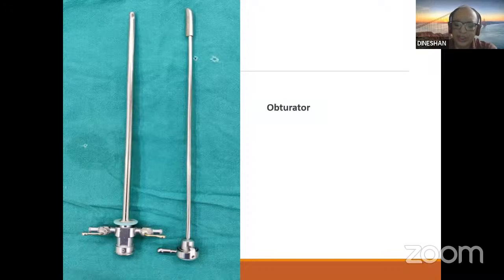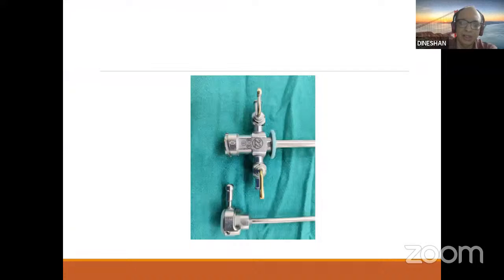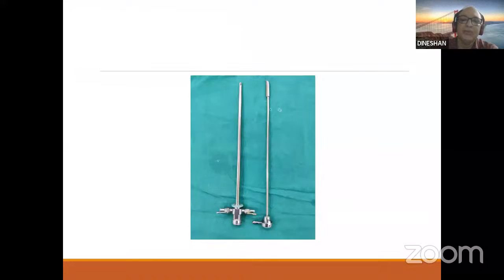The reason why you need the obturator is the beak of the sheath, which is curved slightly dorsally and is smooth. If you pass it blindly without the obturator, there is a chance that it may injure the urethra. So you have to pass it with the obturator.